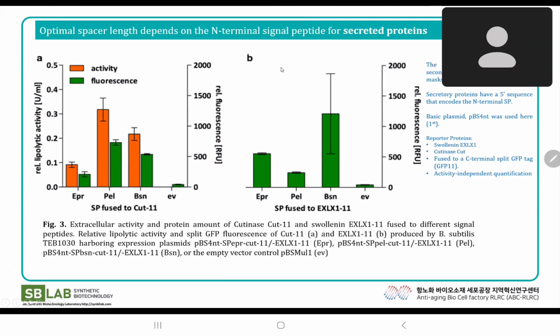So then they also checked their RBS spacer sequence for extracellular protein. And the reporter proteins they chose are EXLX1 and cutinase, which is abbreviated as CUT. Here they provide 3 signal peptides in their original vector that was present previously, and they found that the highest production of their extracellular protein was achieved in the case of PAL for cutinase or CUT, and for EXLX, the BS10 signal peptide produced the highest